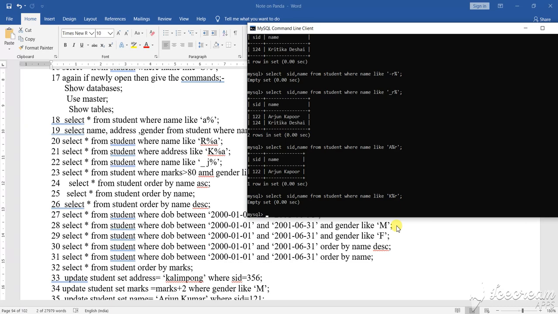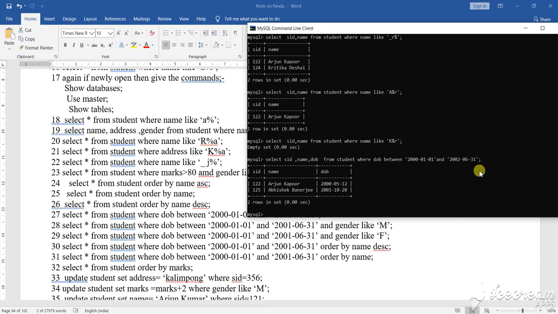Now, the between clause. We can use the between clause here. Suppose, see here, between clause, that means select SID, here I have to give the comma, SID comma name, then DOB between this particular range.